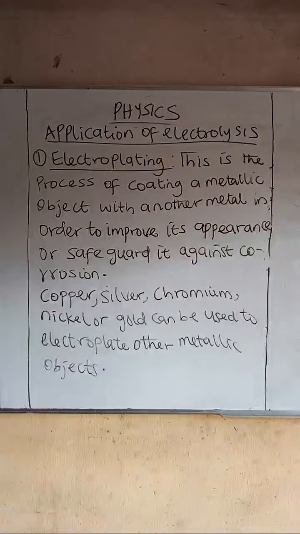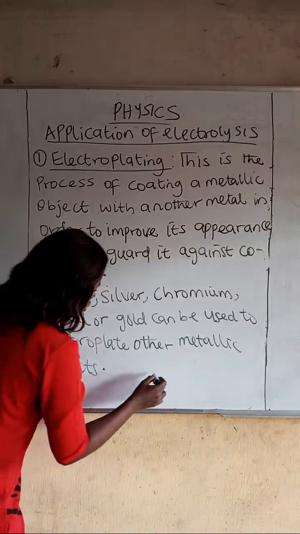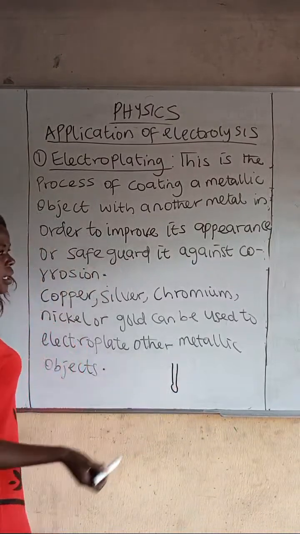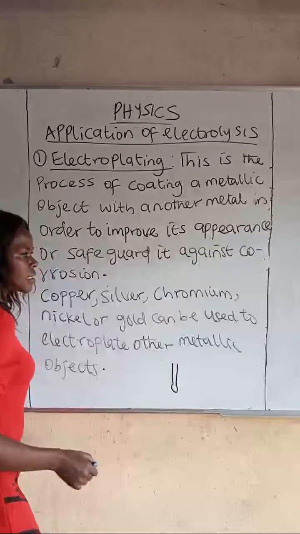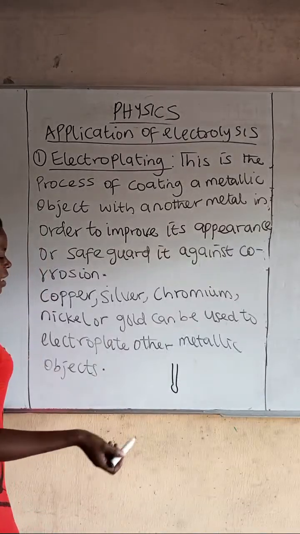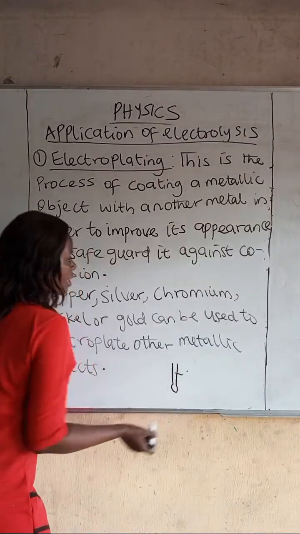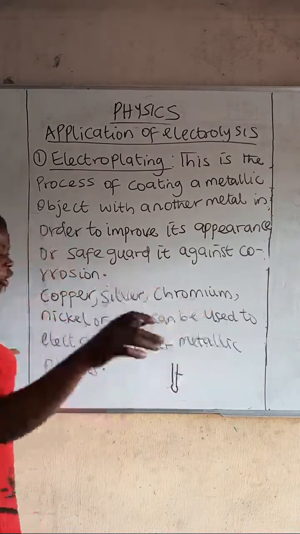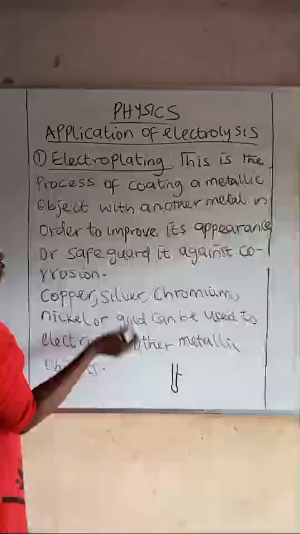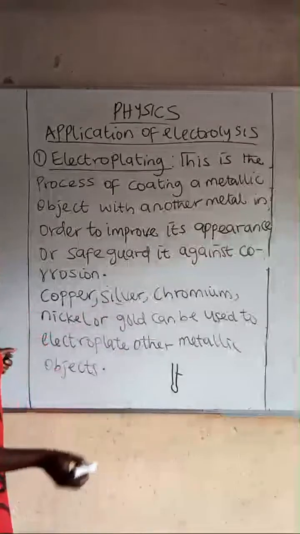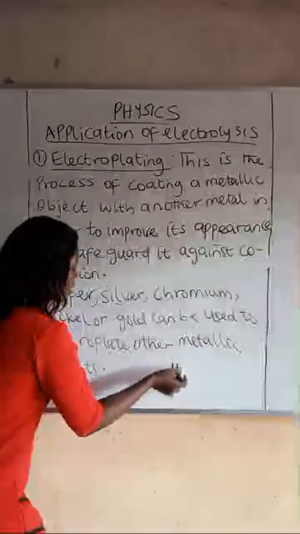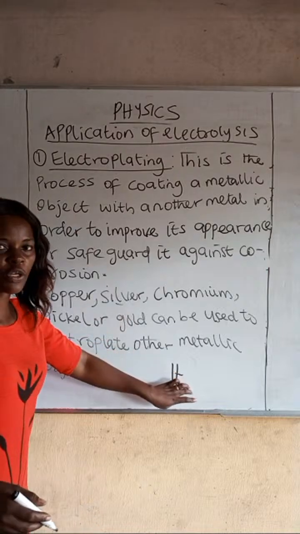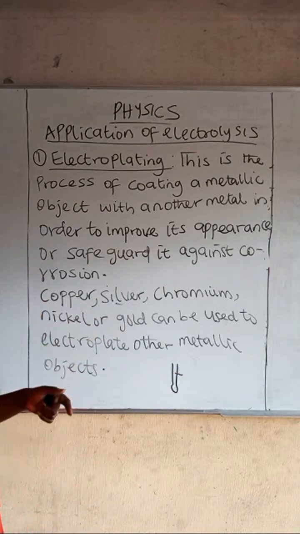This is just like the process of, this is a spoon. I will now coat it. That's electroplating. Let's assume it is iron, and iron, the color is always brown or dark color. To coat the spoon with silver, what I'm going to do is to keep it there and pour what? Silver on it. I'm going to explain it more when I clean this slide. I'm going to show you what I mean by this. I want this diagram to explain.